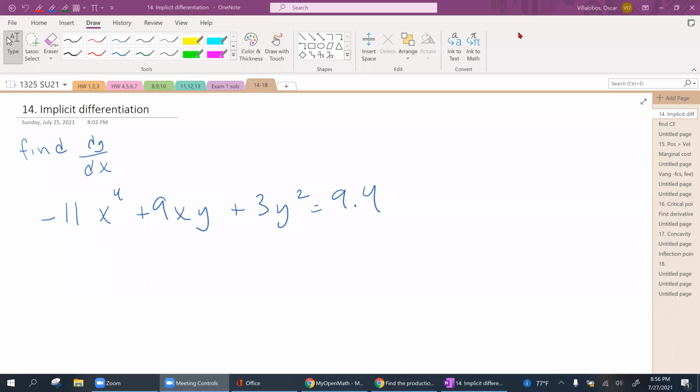Hello class, welcome back. Today we're going to continue sections 14 through 18. I'm going to solve a few examples here and there that we may see in the homework, to clarify some questions I've been receiving. All right, so let's start with section